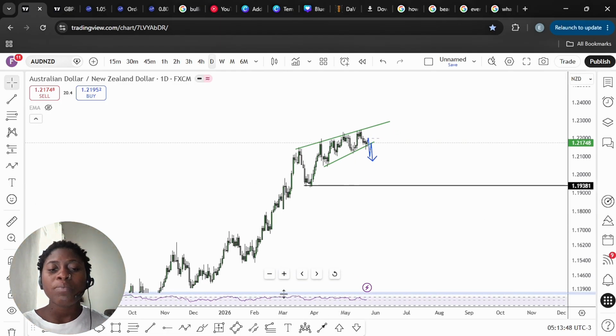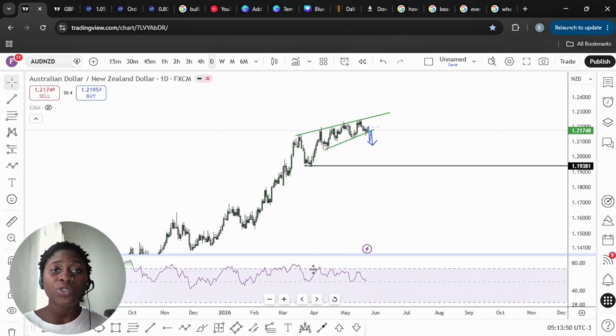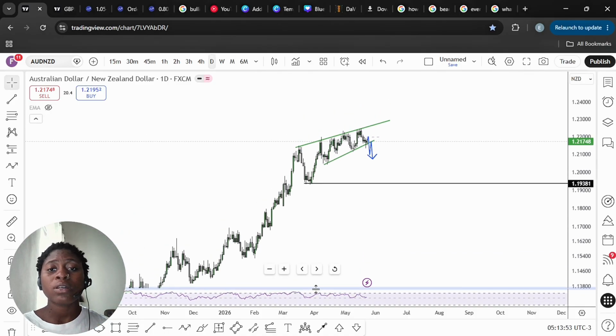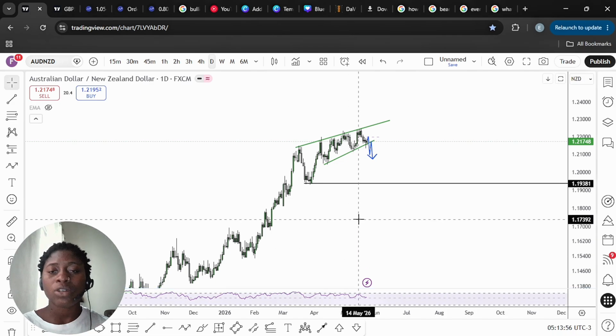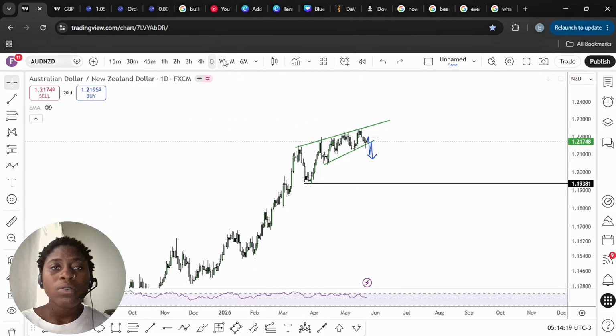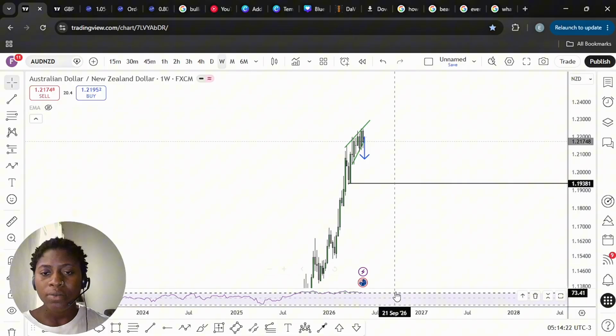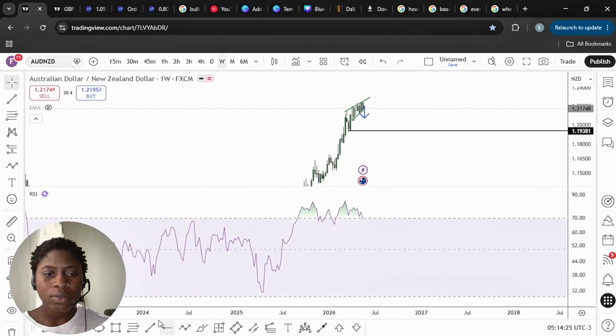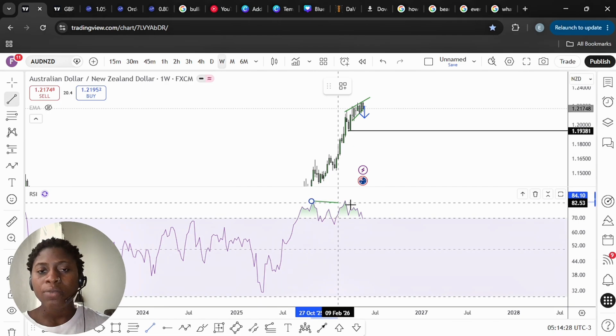Although the market is in an uptrend, a clear uptrend on all the time frames, we're seeing a clear sign of exhaustion, because the market is making higher highs and the indicator is making lower highs. That tells me that that is a textbook bearish divergence. And it's happening on the daily time frame and on the weekly time frame, right? You can see it clearly. Yeah, the weekly time frame is